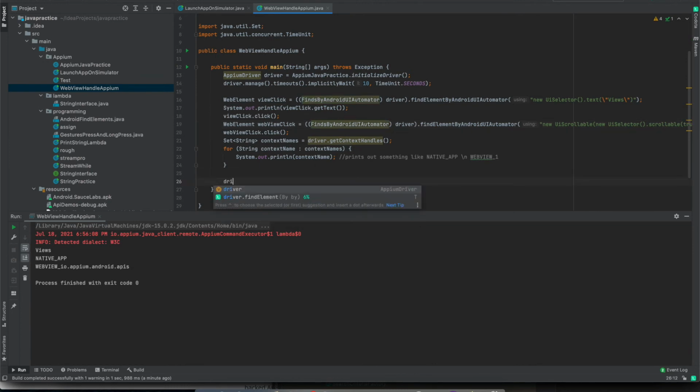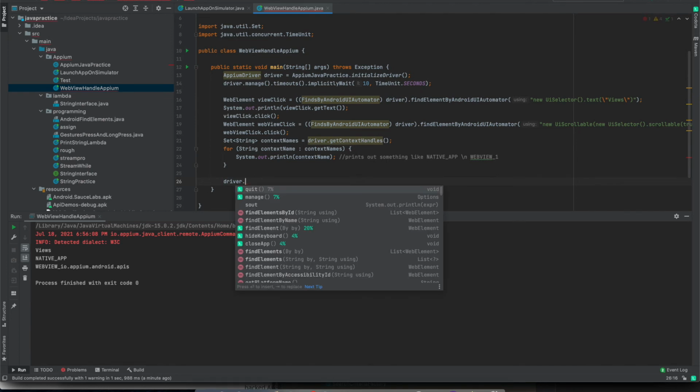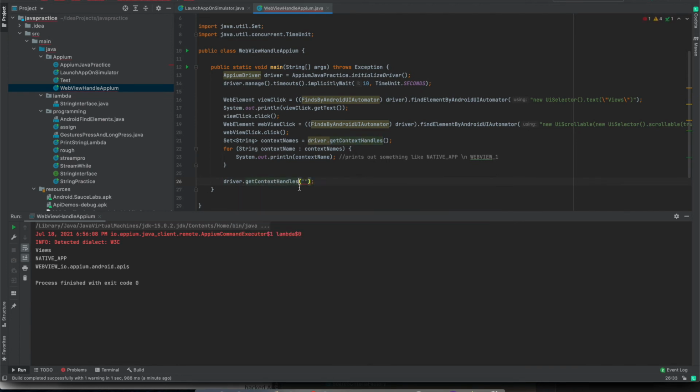Or maybe what you can do is write driver dot context, and I will pass this as a string.